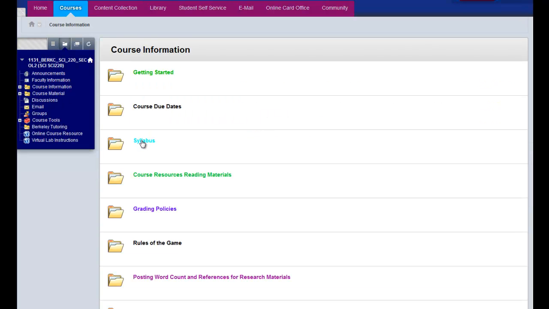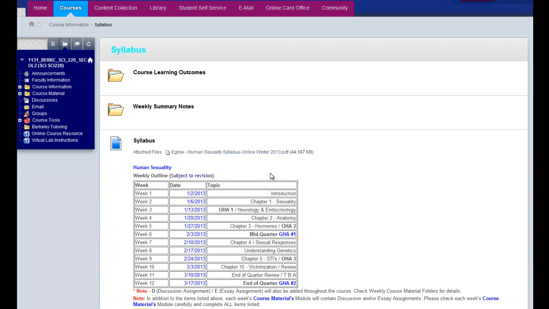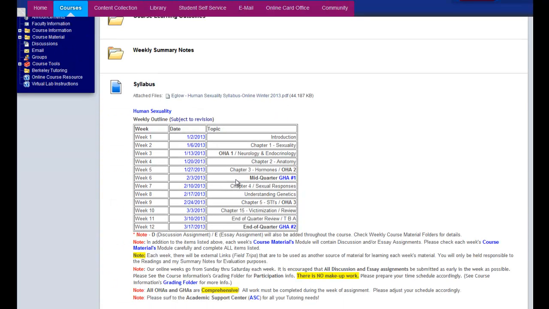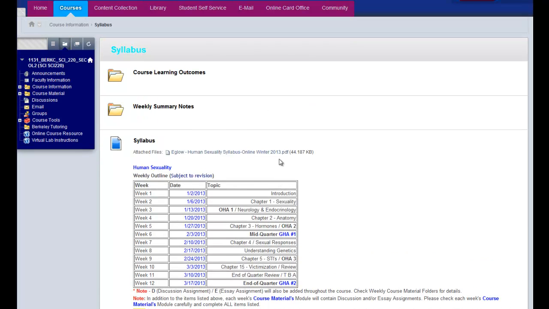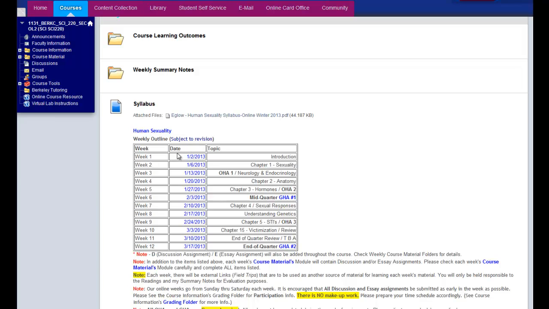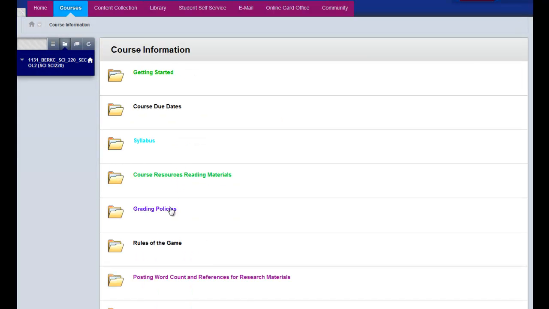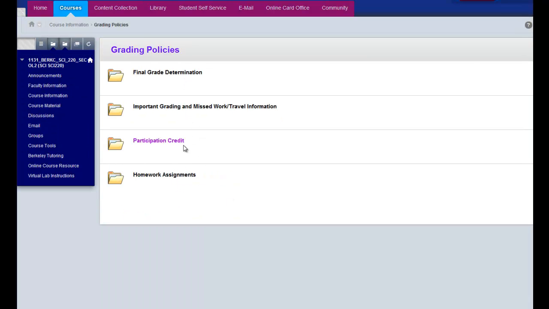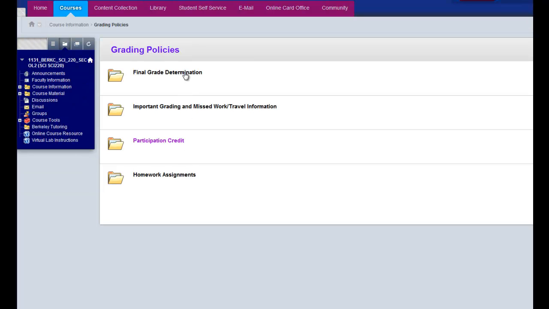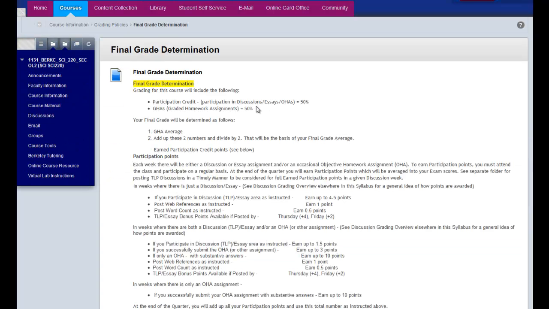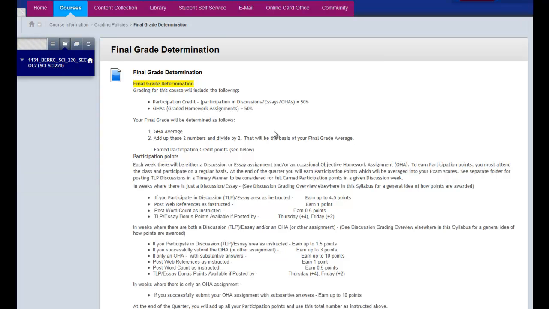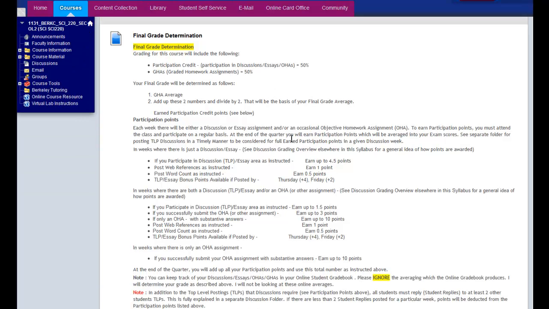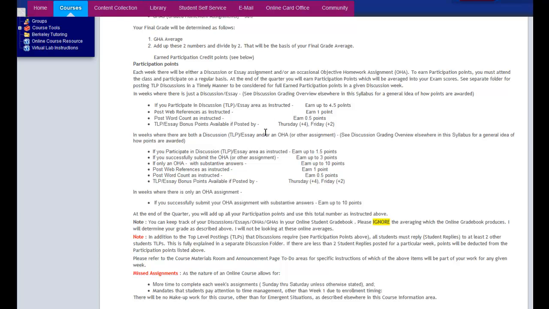Okay, so some of the important course guidelines to learn right away is the syllabus area. Make sure you understand the due dates and the assignments of what will be covered. Another important folder is obviously the grading policies. This will tell you how you are to be graded throughout the quarter. So many of you are worried about your final grade, obviously. So if you click into final grade determination, you'll see that you'll be earning